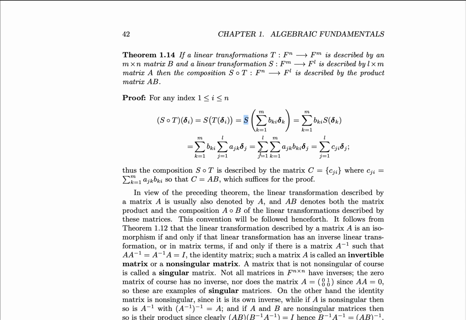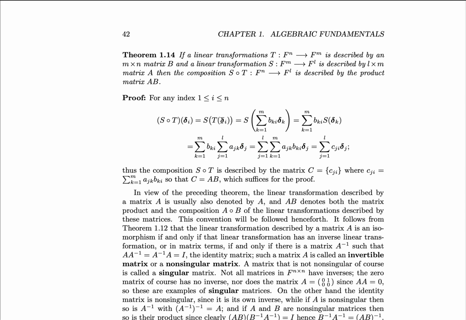Next, we apply the linearity of S to move it inside the sum and pull out the scalar factor of b_ki, so the sum from 1 to m of b_ki S of delta_k. Well, we also know the definition of S of delta_k. We can write that explicitly as a sum over the A entries from 1 to l of a_jk times delta_j. Since